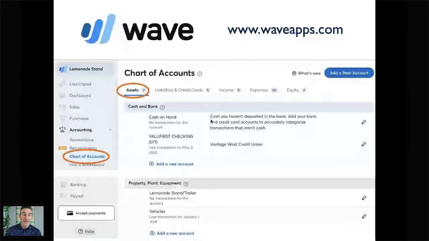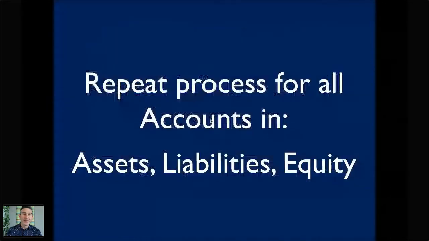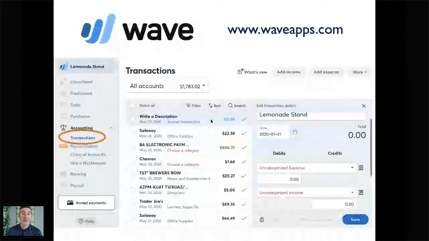And now you can see that you've created it, that it shows up here under your list of assets. So you're basically just going to do that for your assets, your liabilities, and your equity. You're going to add all of the categories that we talked about and fill out your chart of accounts. Once you've done that, you can start adding things to your business that maybe didn't show up. A lemonade stand is not going to show up when you import your bank data, right? So you're going to have to go in and add that manually.